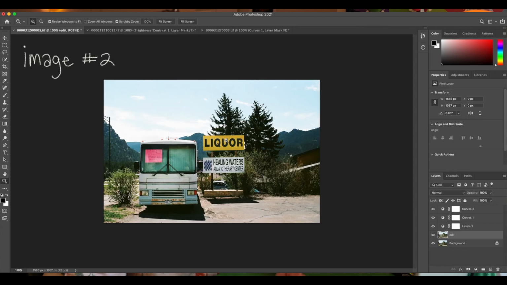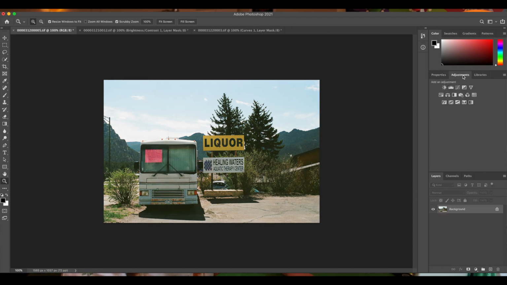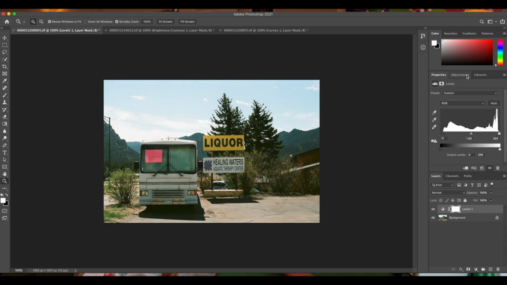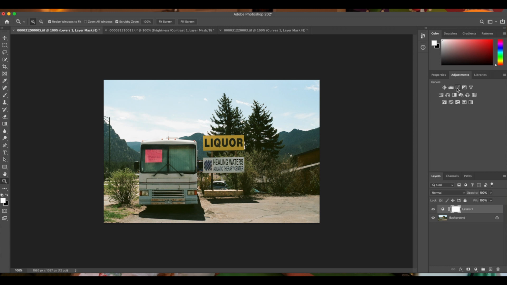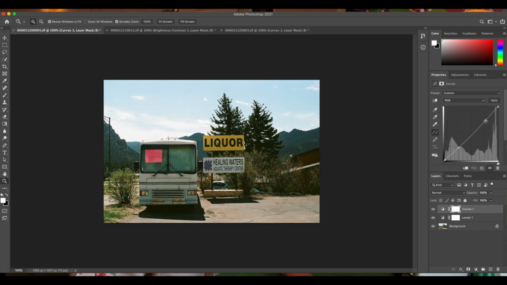Now I'm going to move on to this one, and this is what we started with, and this is what I ended up with. I actually might try and decrease some of the contrast in here. It got a little too contrasty for my taste, but, and again, I'm going to start with those same two steps, fixing the levels first, and then we're going back to adjustments, curves, and okay, I feel pretty good with